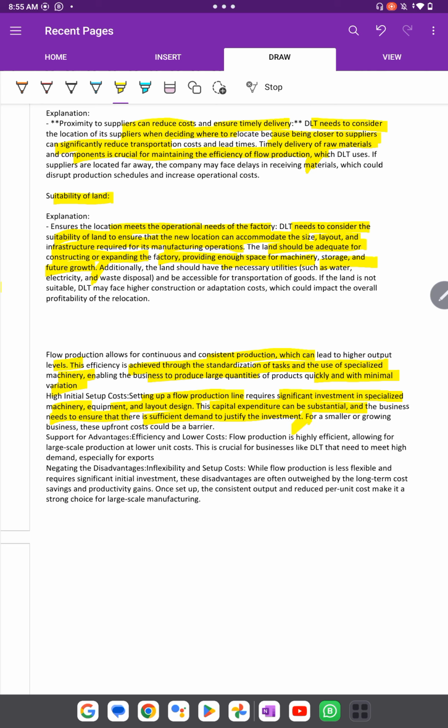So now I'm going to write my conclusion. Now I am going to support the advantages and negate the disadvantages. So for support of the advantages, I have written that in my opinion, efficiency and lower cost: flow production is highly efficient, allowing for larger scale production at lower unit cost. This is crucial for businesses like DLT that need to meet the higher demand, especially for exports. And while flow production is less flexible and requires significant initial investment, these disadvantages are often outweighed by the long-term cost savings and productivity gains. Once set up, the consistent output and reduced per unit cost make it a strong choice